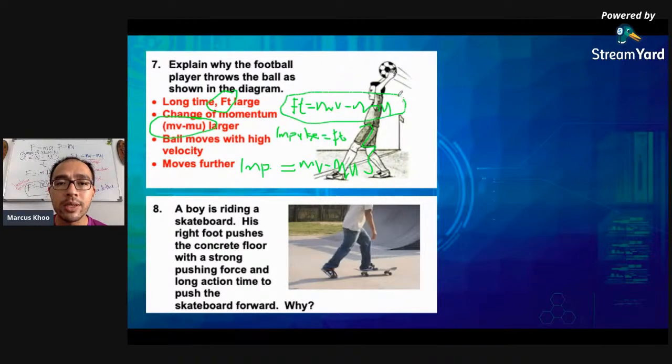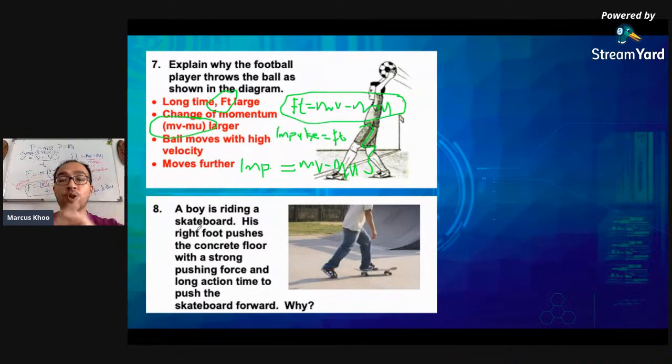I know this one we got from Newton's second law. But I want you to consider it this way, because let's say we're talking about exam questions lah. Exam questions will only give you one or the other. They will give you force and time, or they will give you the final velocity, initial velocity, and the mass. So we calculate it as impulse. As far as I know, there is no actual symbol for impulse. That's why I use words. So impulse is ft or impulse is mv minus mu. So the two things: one is how to use the formula, the second one is the explanation itself.